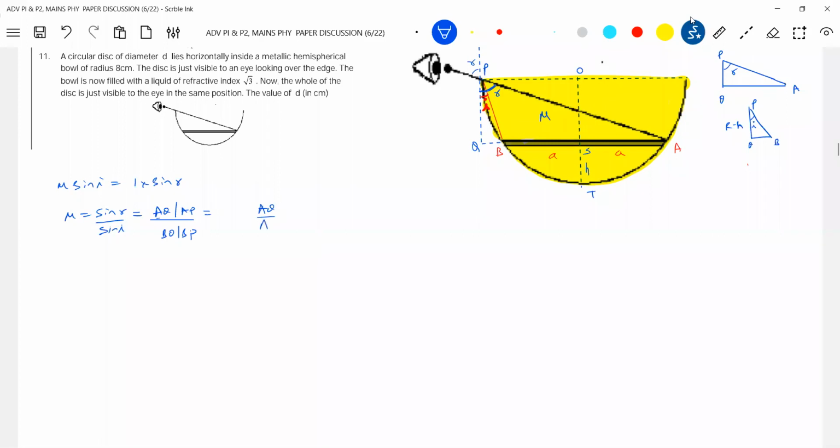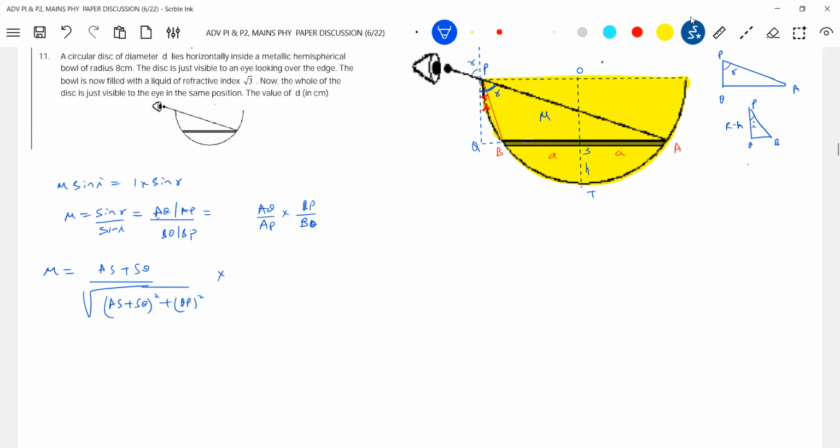Further, I'll write it in this way. Okay, now it's all about mathematics. Problem is over. Okay, let's substitute all terms one by one. What is AQ? AQ we can write as AS plus SQ. And further, AP, I can write it as root of AS plus SQ whole square plus QP whole square, into BP. BP is here.